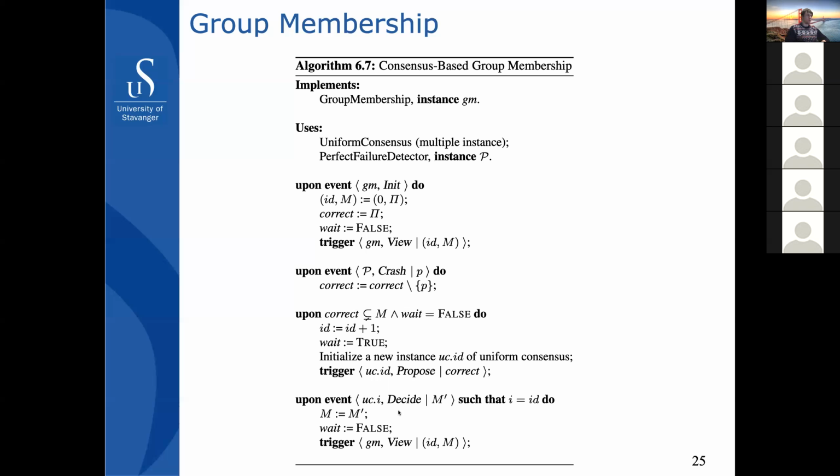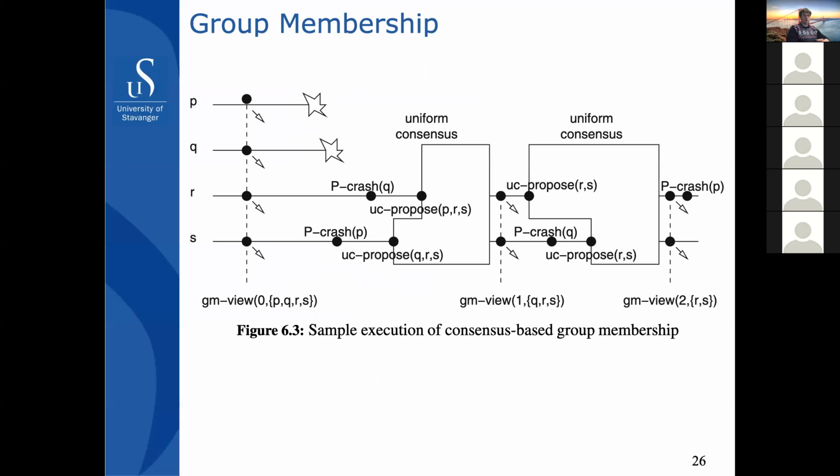When there is a decision made by the consensus layer, it sets the waiting flag to false again and installs this new view. So this last line, it's the actual installation of the view, and this is triggered up to the application layer. So the sequence flow looks like this, and